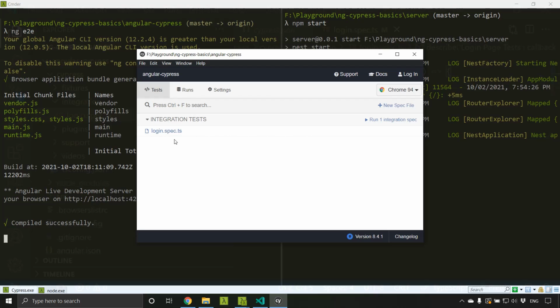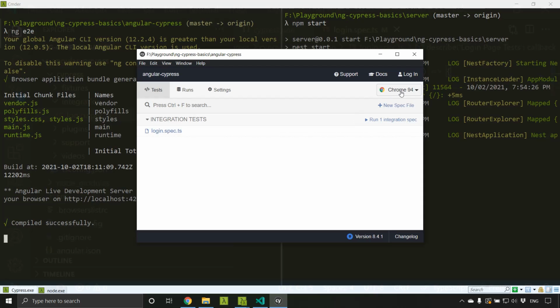Here you can see that the new spec file which we had created is getting listed. Now either we can run the spec by clicking on this login.spec, or here we have the play button. In case there are multiple spec files, it will run all the spec files when I click the play button. And when we click on a particular spec, it will run that spec alone.